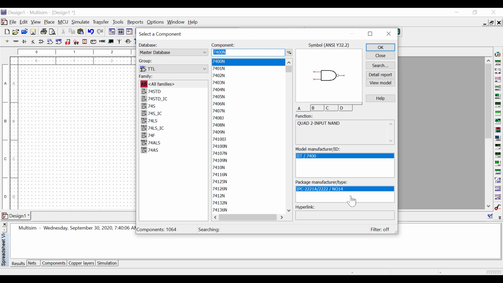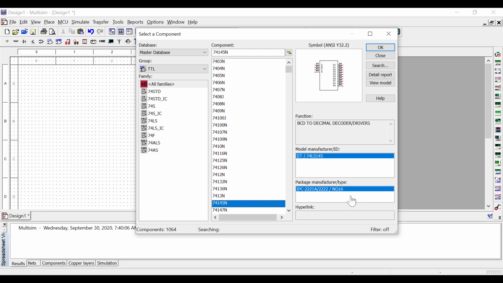You can see the IC manufacturer. These are all ICs. The moment you see the TTL, that's a family where you are going to see only ICs. Similarly, you can take 7408, quad 2 input AND gate, 7404 hex inverter, that means you're going to have 6 inverters in one particular IC. So you can have different ICs of different gates. You can see here, the moment you are moving, each IC is giving different specifications. So this is the important point you have to remember.